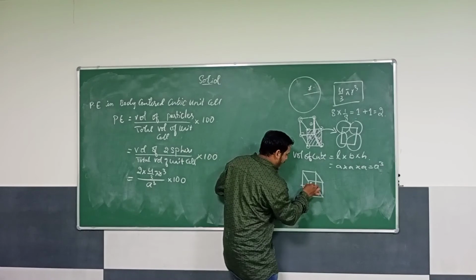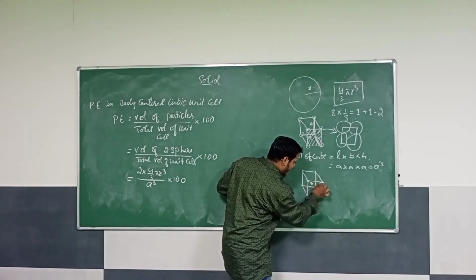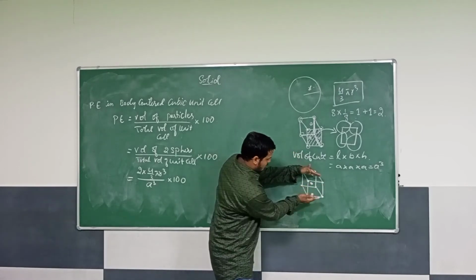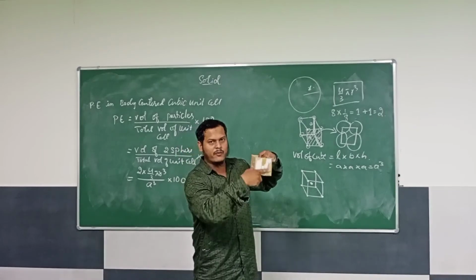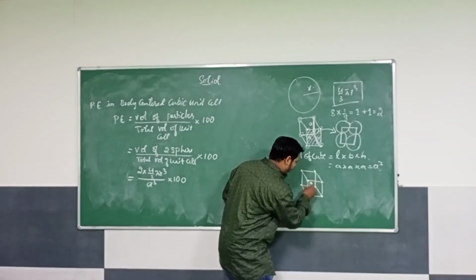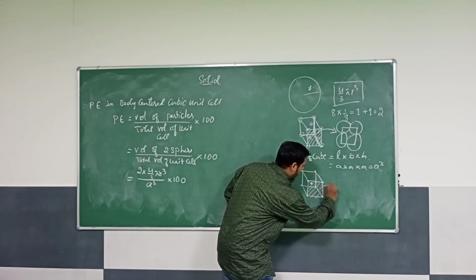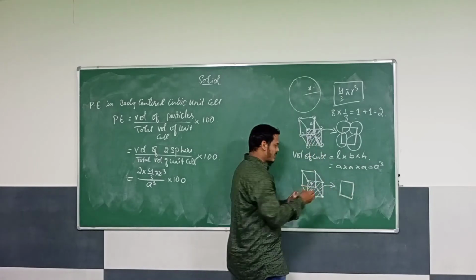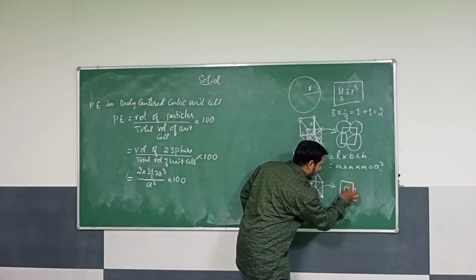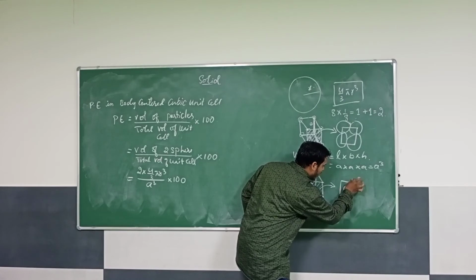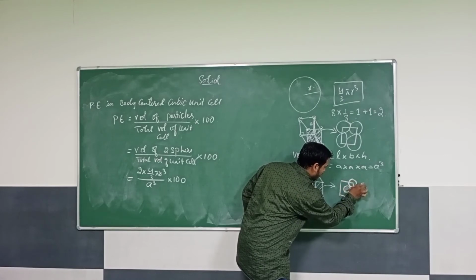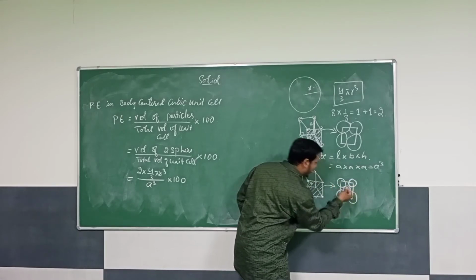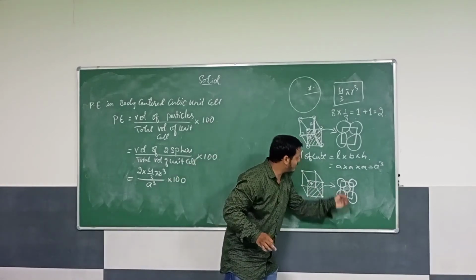Are you getting it? Because of these particles, and other particles at the corners, if I take one face, just any one side, imagine this face I am taking, the front one, and I will draw this face here. If I draw this face here, because there is one atom at the center, and I have atoms at the corners. Are you getting it? Atoms are at the corners. So it will be like this exactly. What is the difference between this and this?